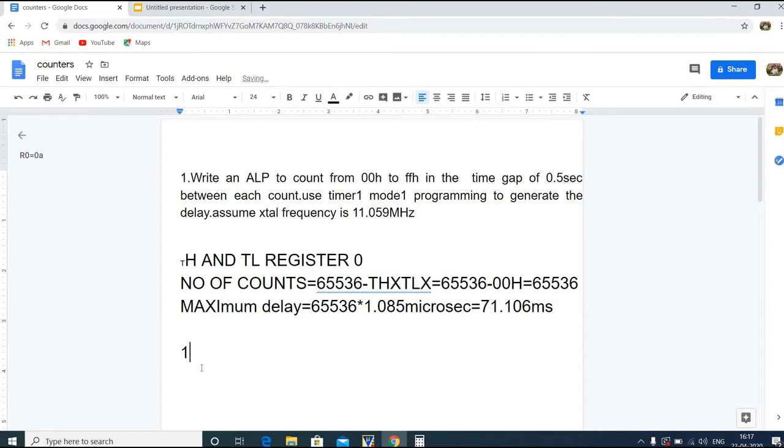So the first step is we need to divide the desired time delay by the timer's clock period. The desired time delay is now 0.5 second, and that is divided by 1.085 microsecond.